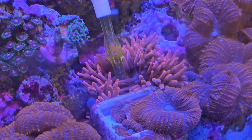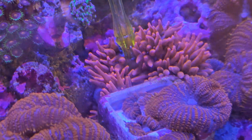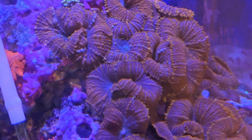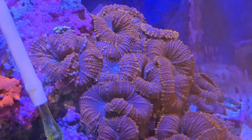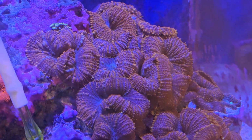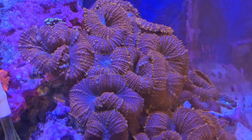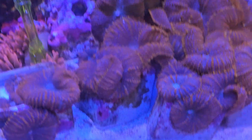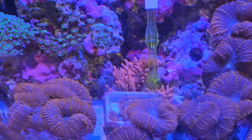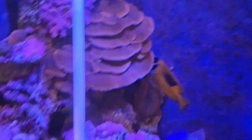And I believe this is a bubble tip NEM, because you can see him kind of bubbling up. I think they call him a fire anemone. If he gets too bad, you may have to turn off the light on the one side, or just turn off the lights altogether. I recommend turning off the lights using your phone or using the switch down below. Don't try to just unplug a light up here,